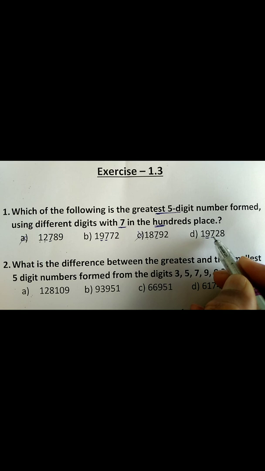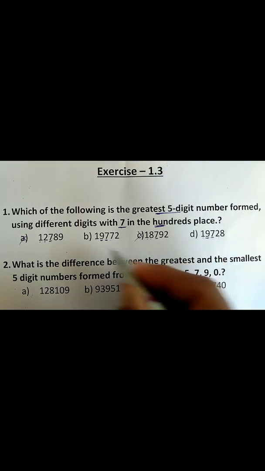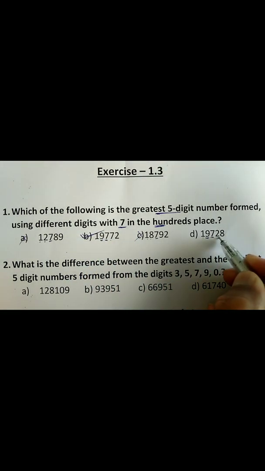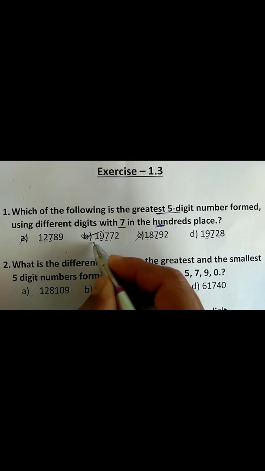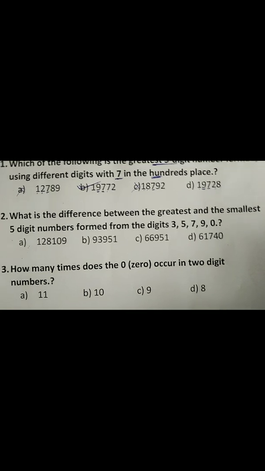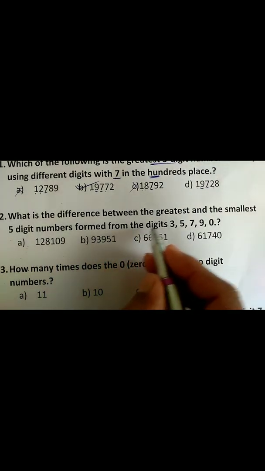So we have to go for the next digit, that is here 7, and here is also 7. We have to go for one more digit, that is here it is 7 but here it is 2. So option B will be the correct answer. Okay, why? Because 7 is greater than this 2, so we have to select option number B as the correct answer.